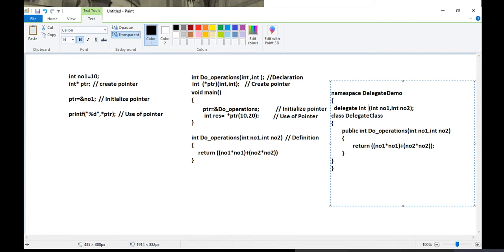Whatever name you want to give. For example, I will give do operations delegate. So this is step number 1.